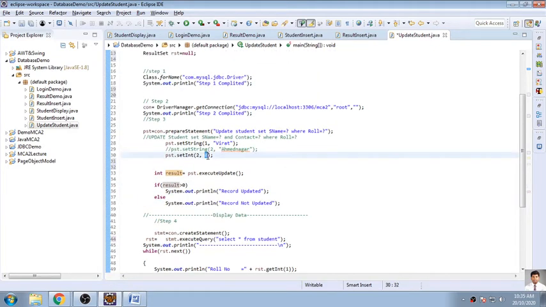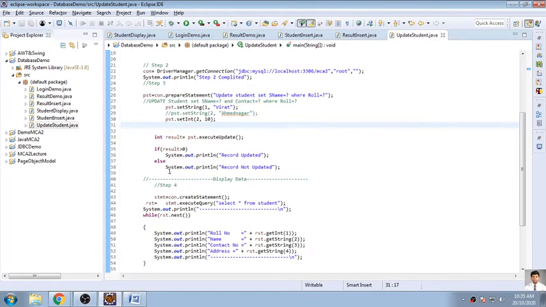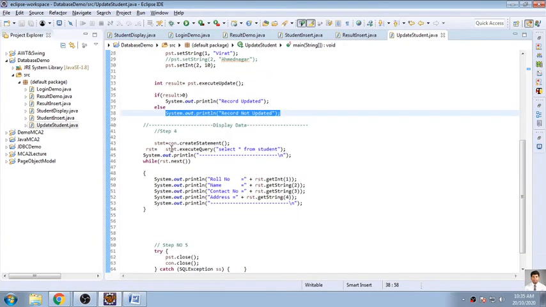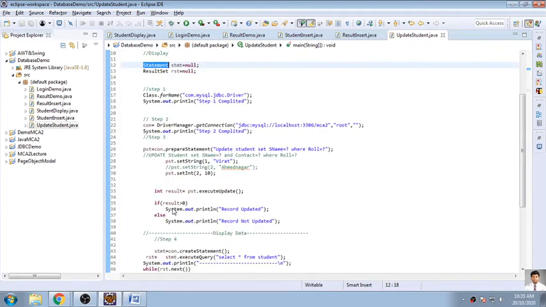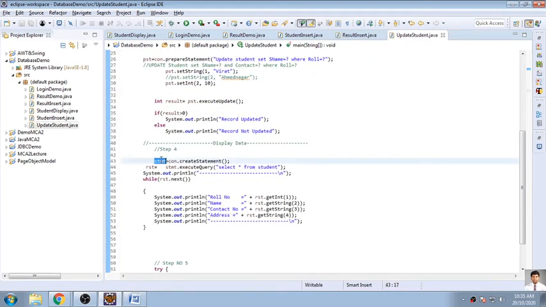If I change it to roll number 10, as my database doesn't contain roll number 10, this part should get executed. And in the next section, what I have done is that I want to display on a screen what all records are there in my student table. For that purpose, statement is used. I have already initialized the statement interface. So statement stmt is equal to con, because again there is a need of a connection where your query needs to be fired. So connection con dot create statement.